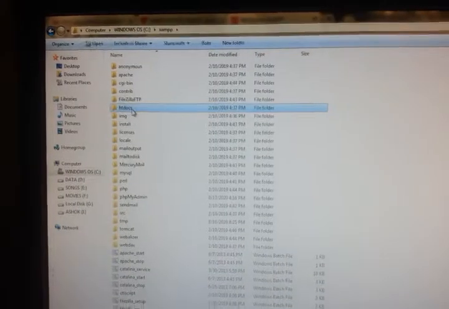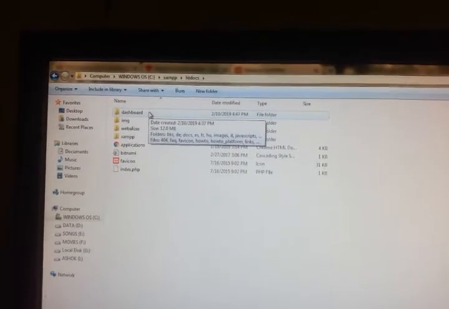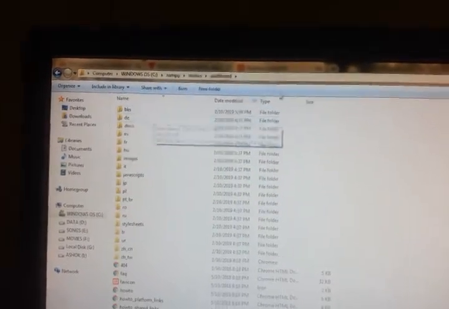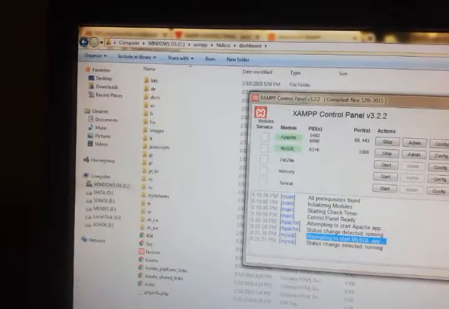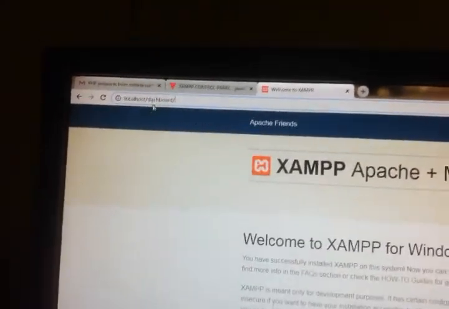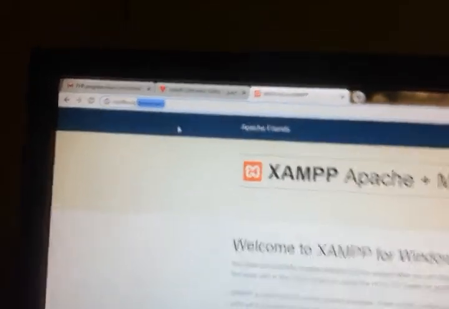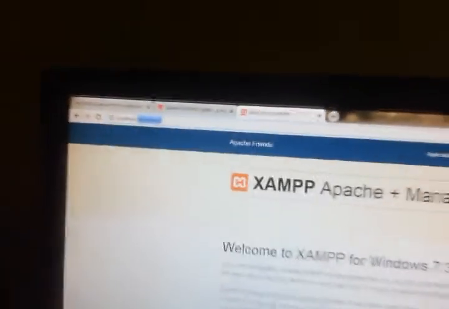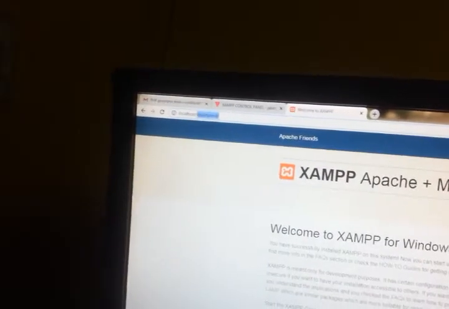So whatever program you do, you have to go to htdocs. In htdocs there is a folder called dashboard. In dashboard only, if you see the browser, see dashboard has been activated, localhost/dashboard. That means it has moved from C:\XAMPP\htdocs to dashboard. So whatever project you are going to do, you have to do in htdocs only.